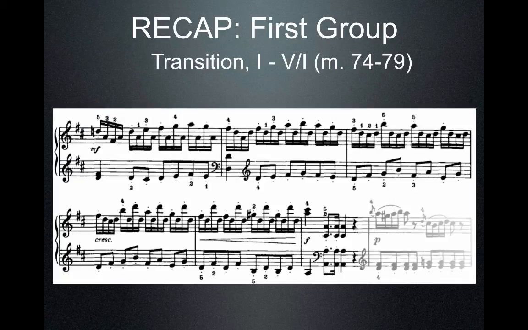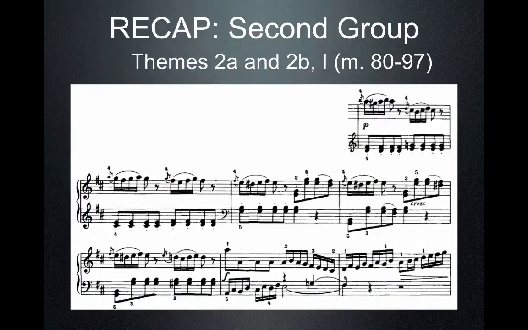And so the transition music in the first theme group does have that 6-5-4-3 descending scale feature, and it does end on A, just like the opening did. But instead of going to A, like in the exposition, this is going to end up going to D. So it's obvious we're done that first theme group, and now the second theme group begins in the key of D,